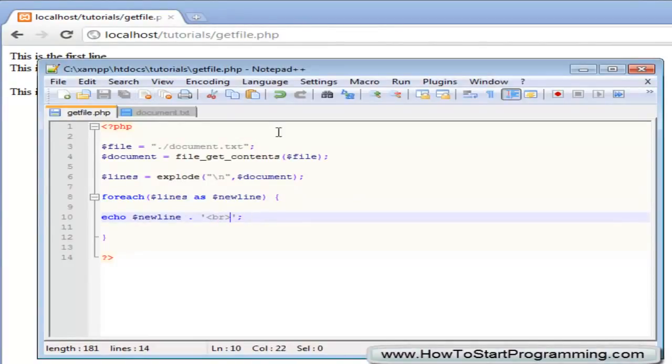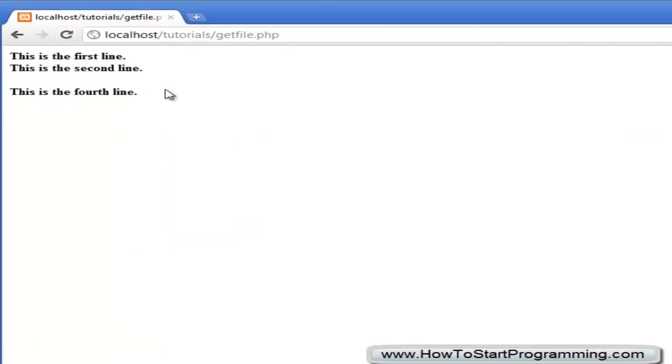We can echo out for each line we want. We can have bold, and then end the bold here. Save it, and you see we can have it bold. We can do whatever we want with it. So that's how to use the file_get_contents function. You can also use this to